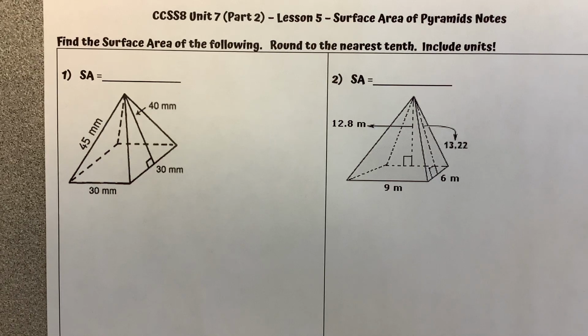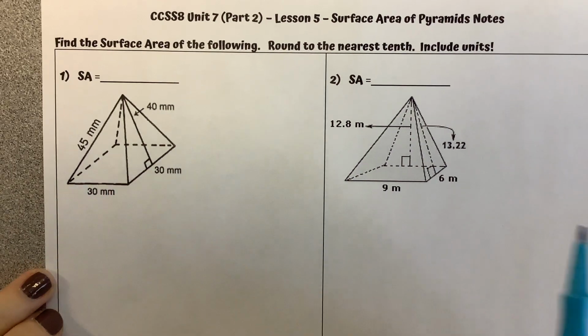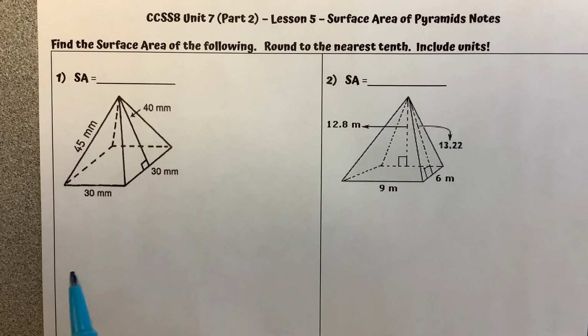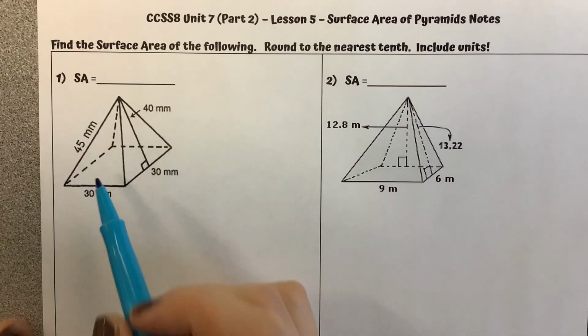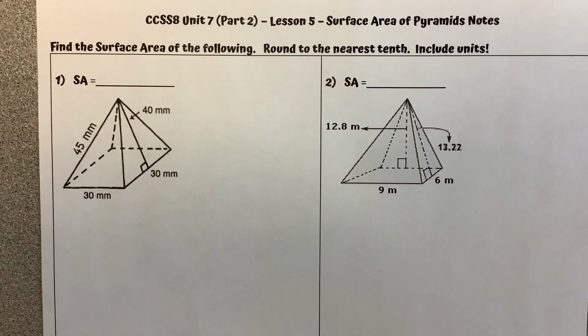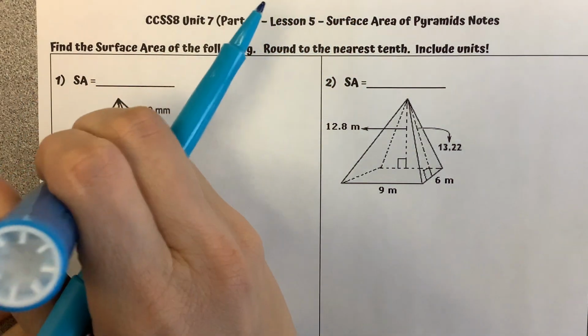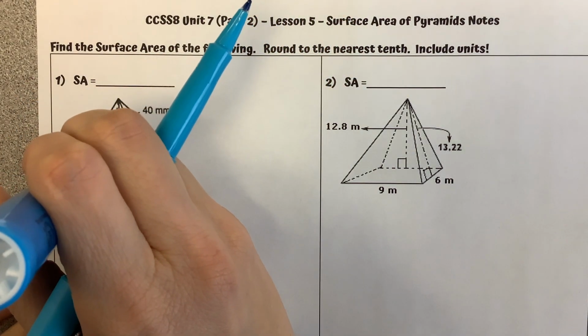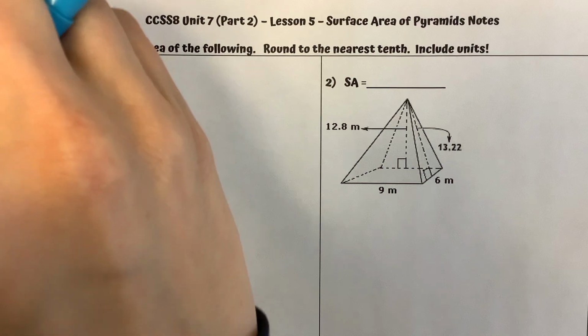Let's take a look at the surface area of pyramids. For pyramids, we are looking at square or rectangular pyramids. You can have different types, but that's what we're focusing on right now. For this one, I'm going to draw the net for the first one, not for the rest. So, I've got a base